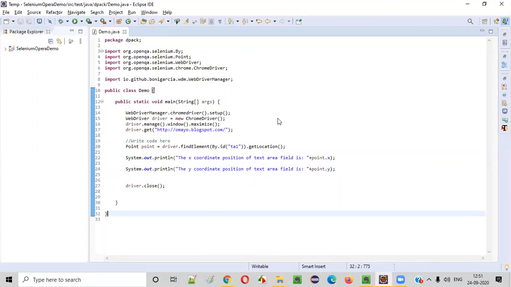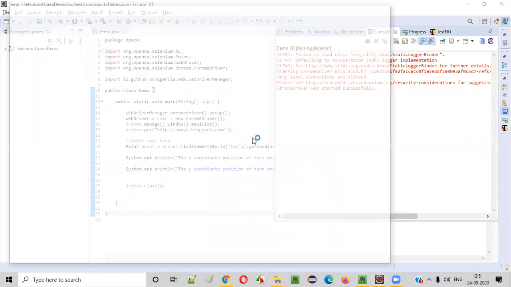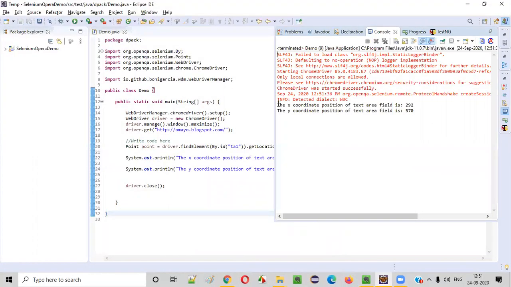Now run this code, right click, run as Java application. See, the Chrome browser will launch, maximize, open the application, and thereafter it will get the X and Y positions and print them in the output console, and finally close the browser. Now you see in the output, once the browser is closed, you can see the output in Eclipse where the X coordinate position of that text area field is 292.